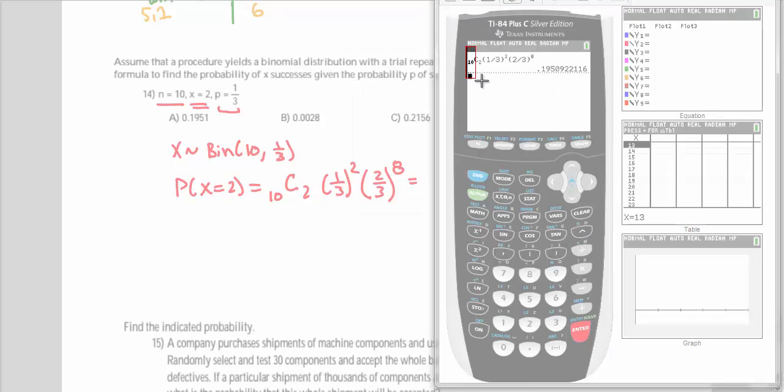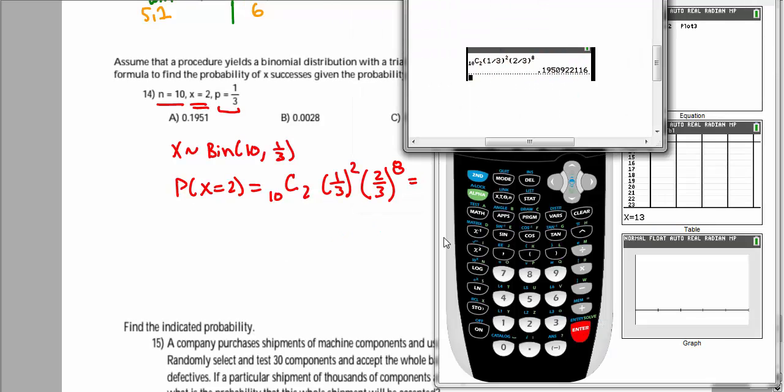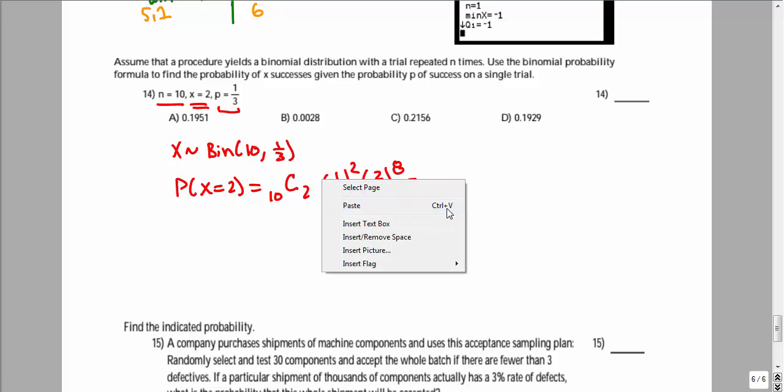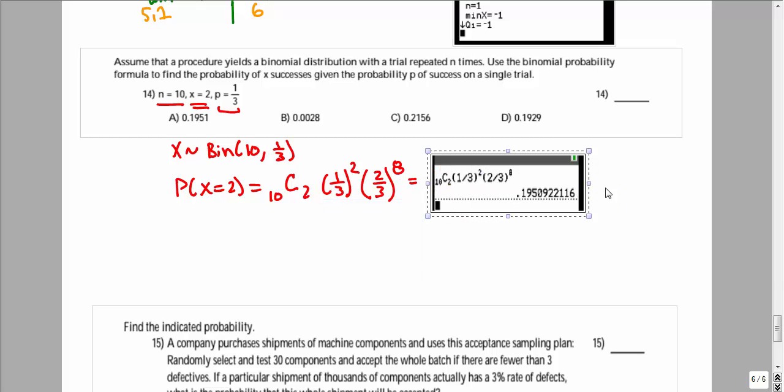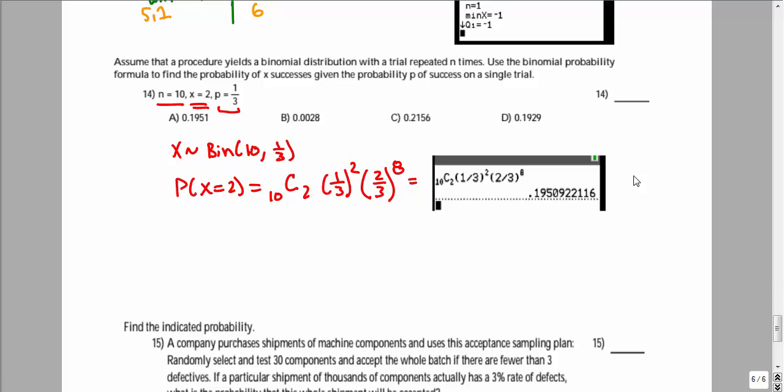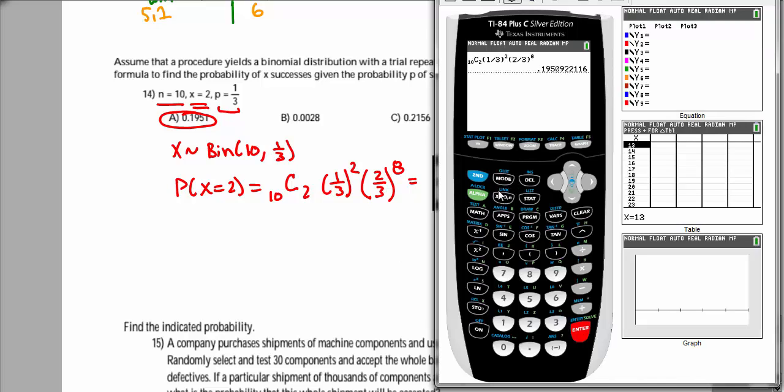Let's go ahead and put that in to my calculations, and then we'll also use the binomial distribution as well. So it looks like to me we have 0.1951 is my probability. That corresponds to letter A here. Now there's another way to do this problem as well, and that is to use your distribution function, and that's right above the vars key. So we go second distribution, we'd scroll down to the binomial PDF,